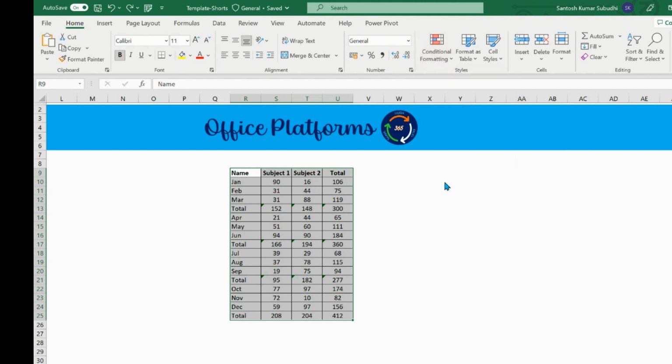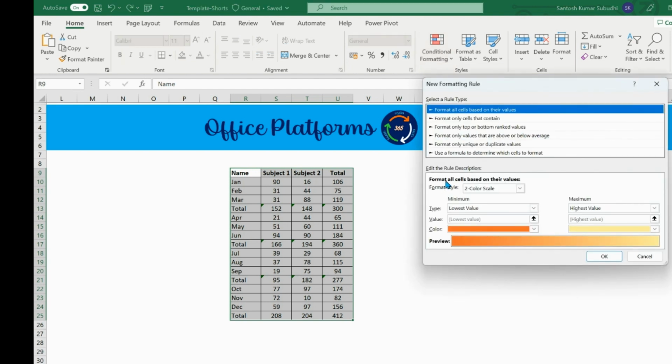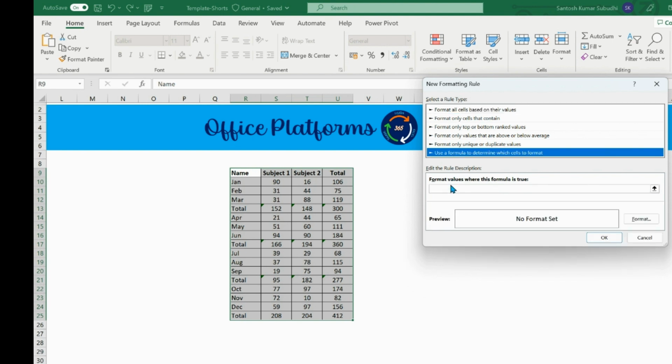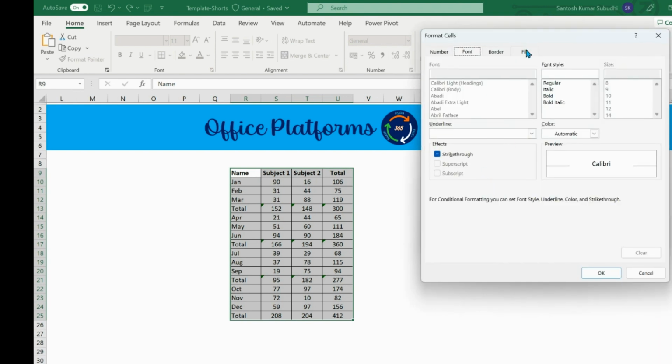Select New Rule from the drop-down menu. In the New Formatting Rule dialog box, select Use a formula to determine which cells to format. In the Format values where this formula is true field, enter the formula =$R9="total". Click on the Format button to select the formatting you want to apply to the entire row, for example, fill